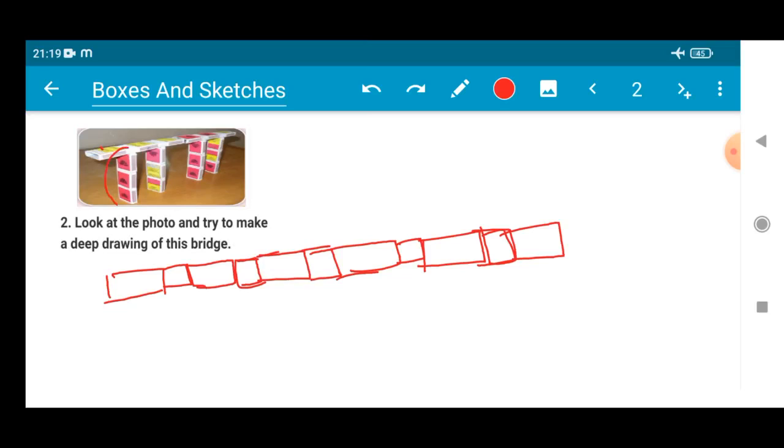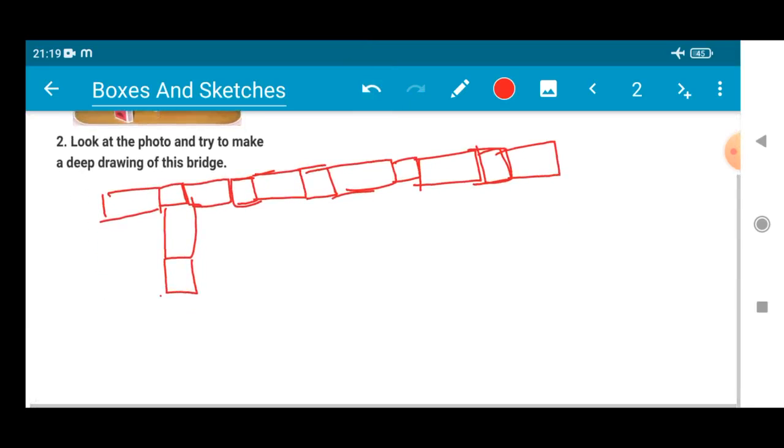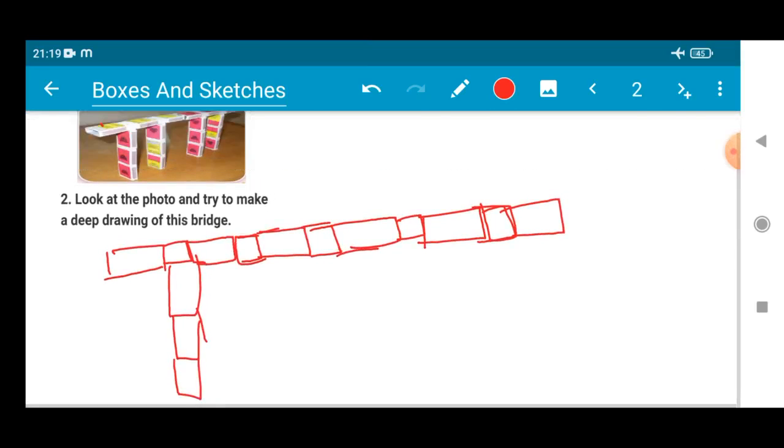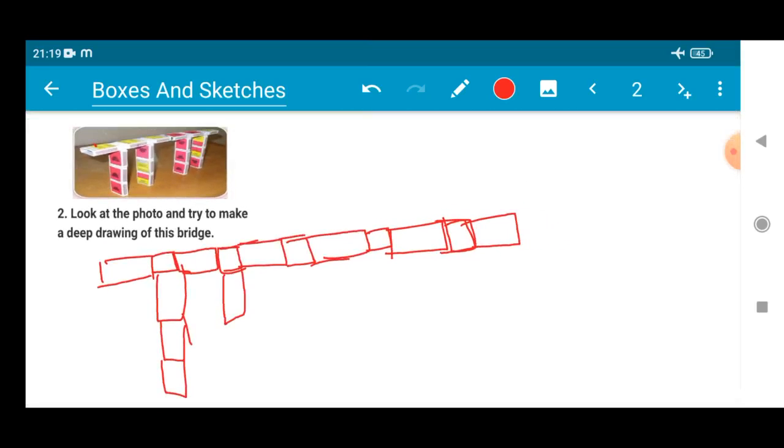Now the side portion, that is the lower portion, needs to be done. That is at the white portion, isn't it? So this is our white portion here. How many parts are there? 1, 2, 3 parts are there. Similarly, in the next white part you will be drawing 1, 2, and 3.